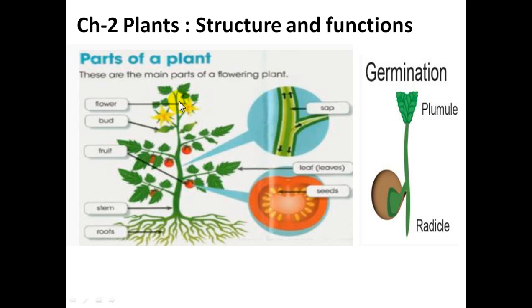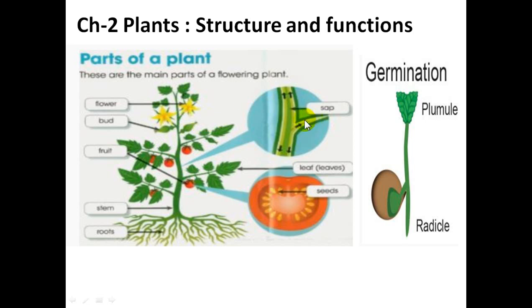very clearly defined in the flowering plant, because all the parts are developed in the plant by the time the flower comes on the plant. So first of all, flower, we all know that this is flower, this is bud, these all are fruits. Okay. Stem, this green color middle part is known as the stem. Roots. So these all the parts, we are knowing from our childhood days.